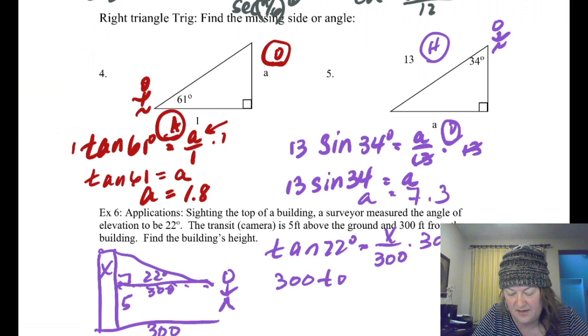Okay, so to get this one by itself, I'm going to have to remove the tangent. That's not reciprocal, that's not cofunction. To remove it, you're going to do inverse tangent of 21 over 25. And inverse tangent is on your calculator right